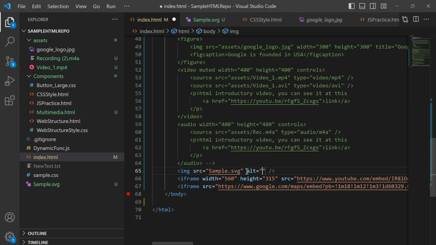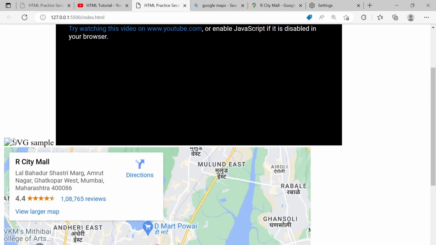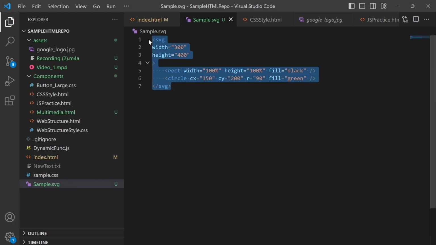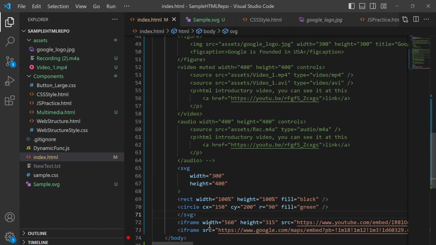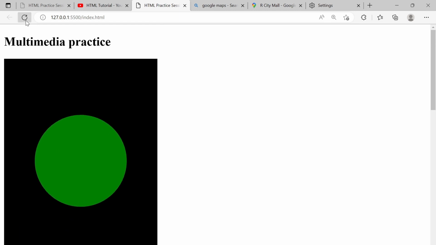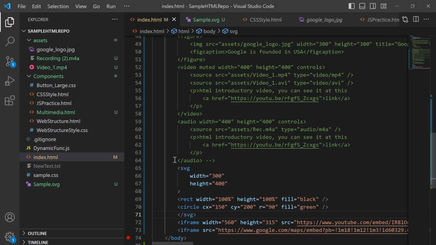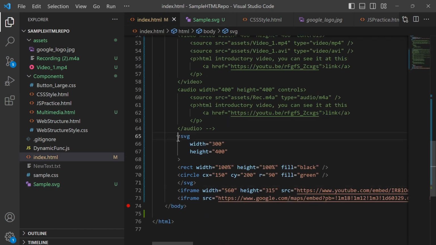I will put an alt tag. Okay, something is missing from the side. Let's directly copy it into our HTML. Yeah, okay, it is showing up directly. We'll see how we can use it from here also. So I directly imported this SVG.